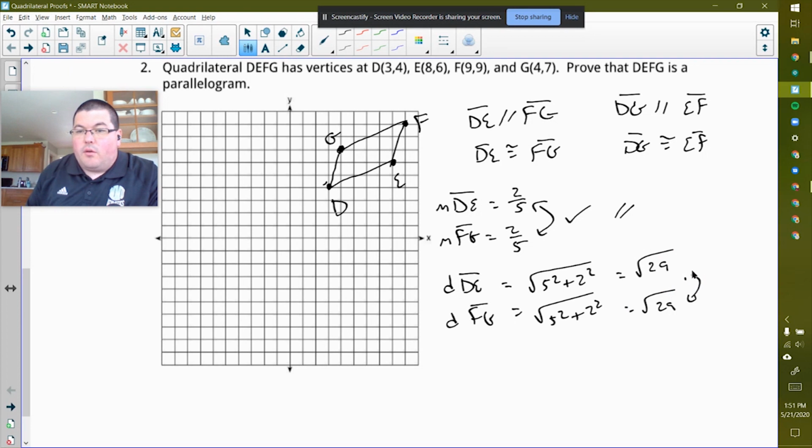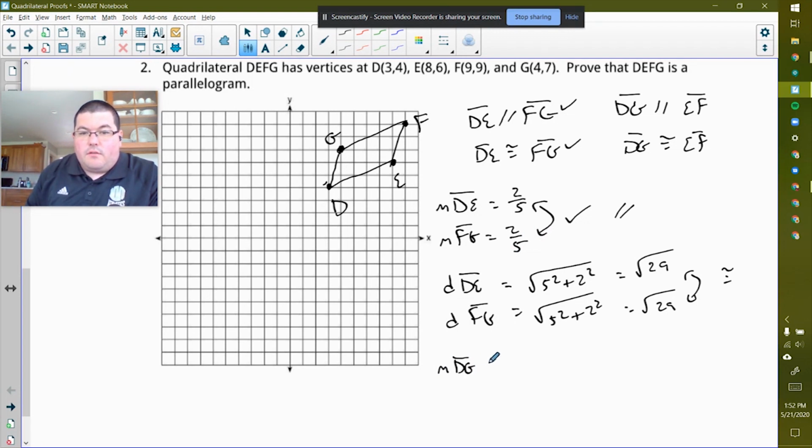And so not only are both of those parallel, these are also congruent. So we've been able to make this claim, and we've been able to make this claim. So can we repeat this process with our other two sets of sides and then determine for ourselves we have a parallelogram? Slope of